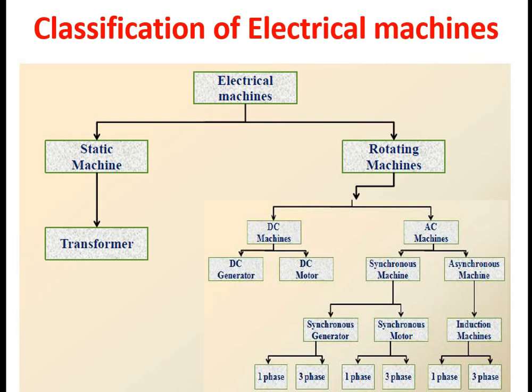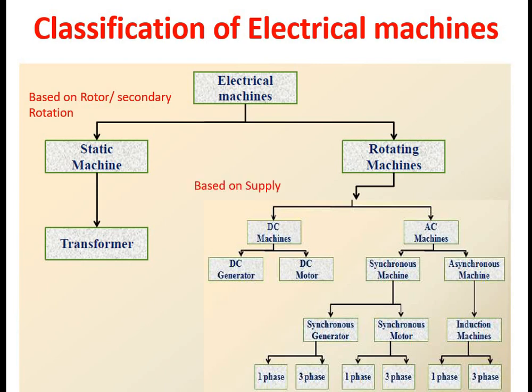The initial broad classification of electrical machines is based on the criterion called rotation of the rotor or secondary part of the electrical machine. On that note, we have static machines and rotating machines. Usually generators, transformers and motors are referred to as electrical machines, in which all the transformers come under the category called static machines, whereas generators and motors come under the category of rotating machines, in which we have several more classifications.